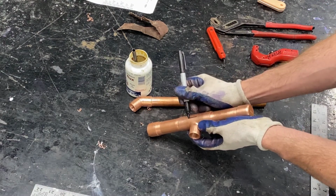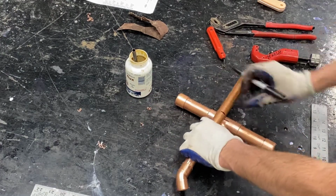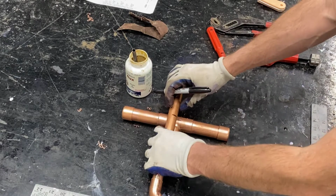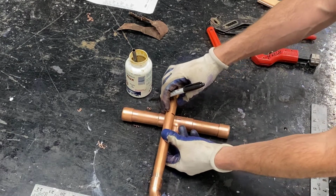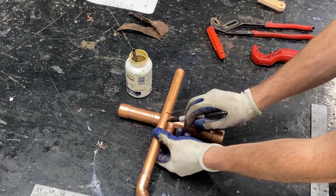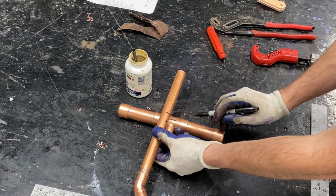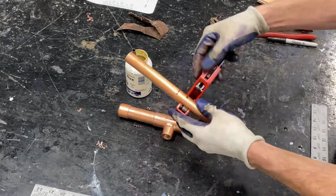Again, this is not our cut. That line is going to measure up with the center of the T. We need to subtract for our fitting. By lining up our pipe and the T, we can see and mark where that cut would need to be, where the pipe would end